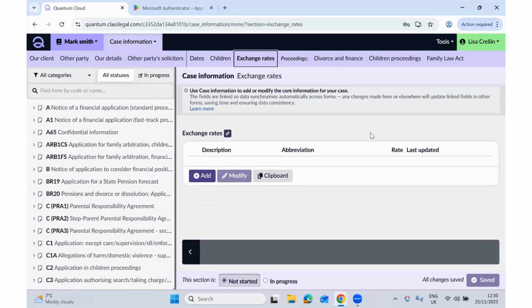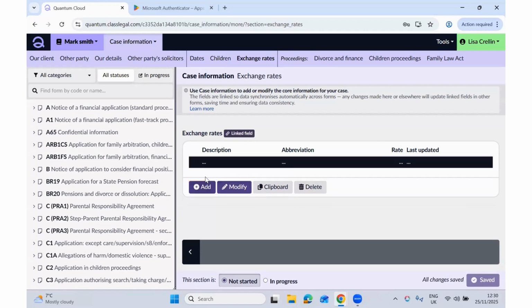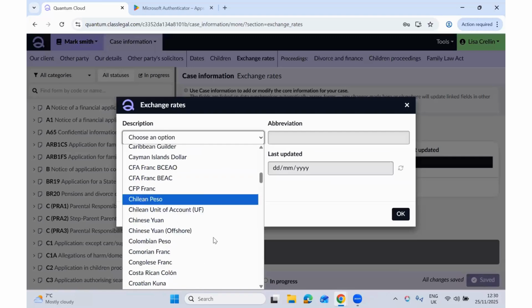Exchange rates. So it is possible to add currencies within the system, particularly if there are assets overseas, bank accounts, properties. You can add another currency and then it will actually convert that using the rate for today and convert it into pounds. So let's add a currency here. I'm going to select from the drop down